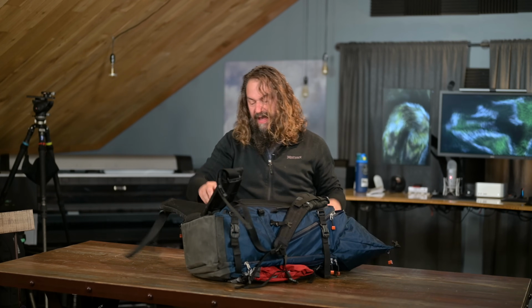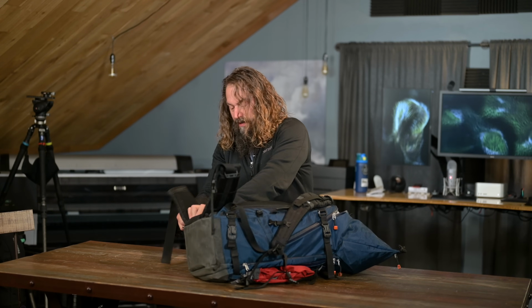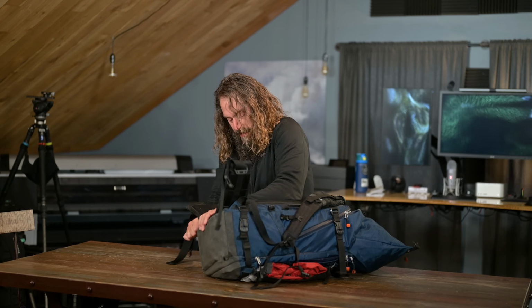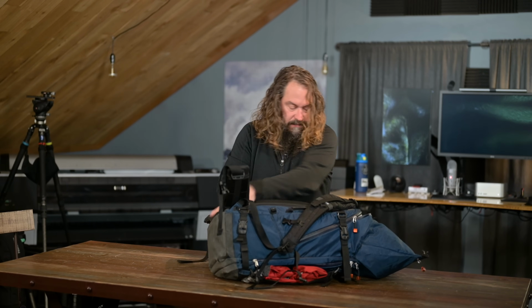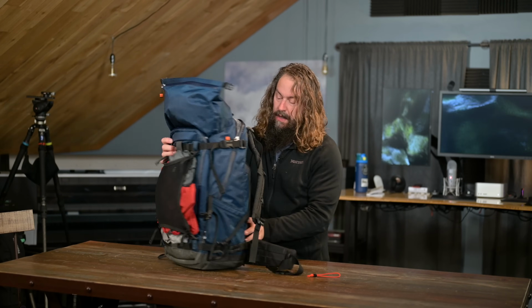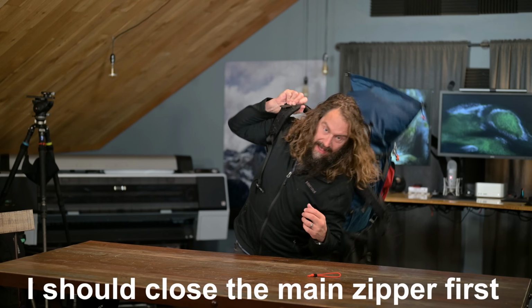Careful not to catch that dry bag material in the zipper, even though it's really tough and I don't think you could damage it. You don't want to. We want that to remain waterproof. Zip that guy up. Boom. And now your dry bag is packed inside your backpack, and you could theoretically just throw that thing on,